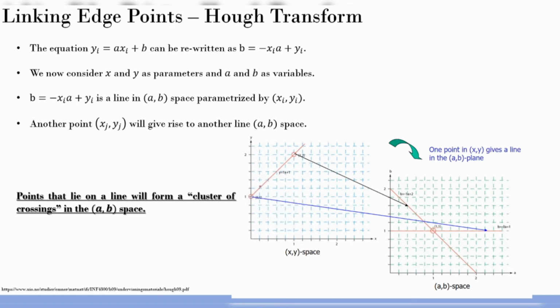Let me just explain. You take another point here, and that will form another line. I'm just drawing some random lines, so don't take me by the exact line; it's a very bad drawing. What I'm saying is, let's say I take this, so this line is going here, this line probably will go somewhere like this, and another line will go something like this. Many lines will be formed, but everything will crisscross. A cluster will be formed at this point, and that will form this line. So it's as simple as that.